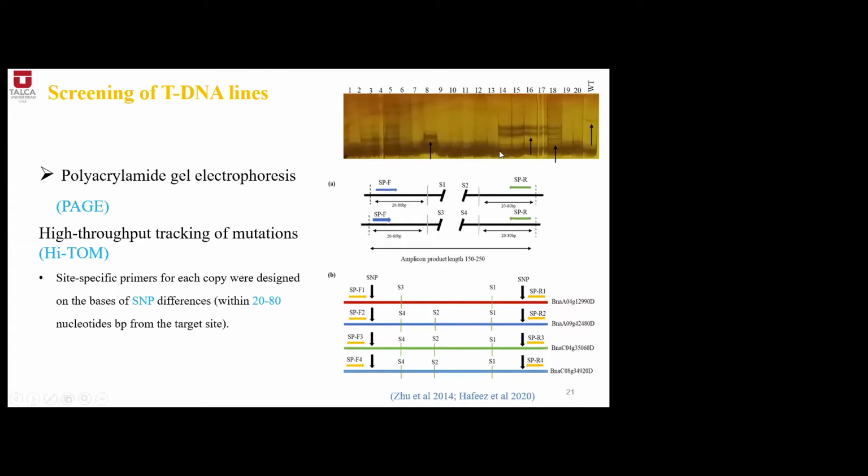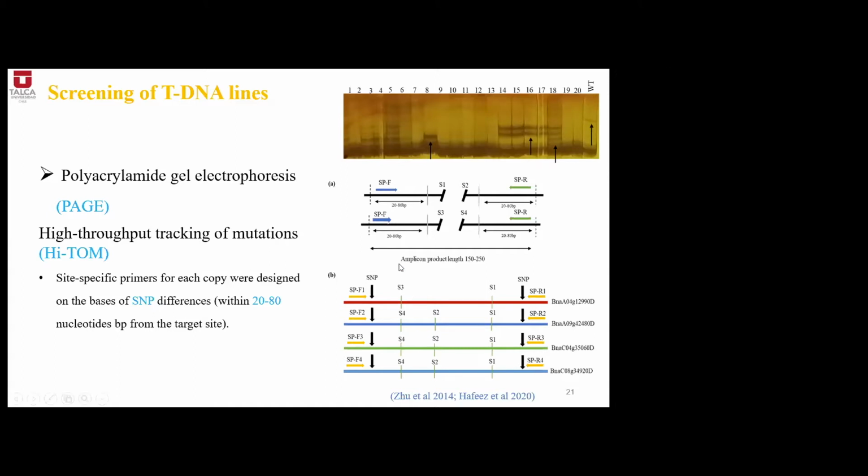One is the conventional method. You can see here the wild type showing this band, but this plant is a mutant with a different band. It means this plant is a mutant, but it is not certain how much deletion there is. Since this plant shows the indel mutation, we can rely that it should be different from the wild type. So we will choose the Hytom method to confirm what percentage is homozygous and what percentage is heterozygous.